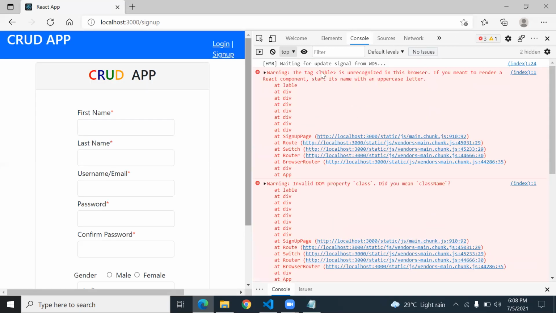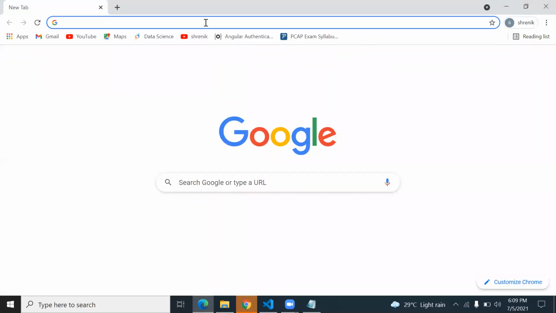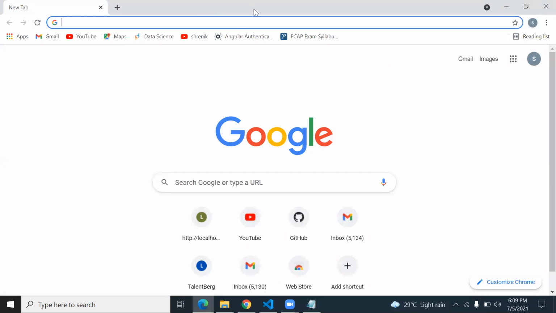Okay, the next is label unrecognized in the browser. If you mean to render a React component. Oh, sorry. So here I'm using this label many times. Let me check it on Google Chrome also. Is it the same problem or not?